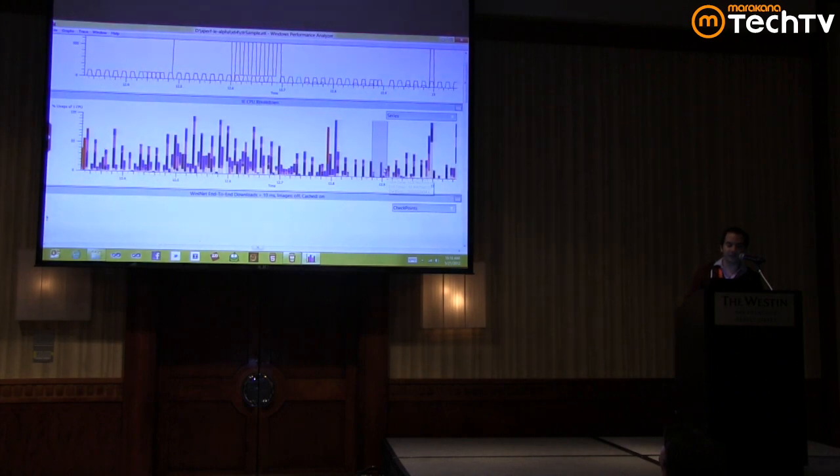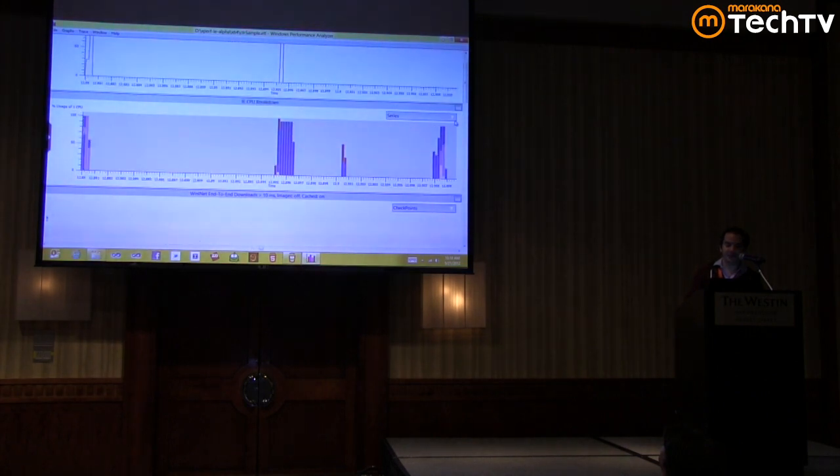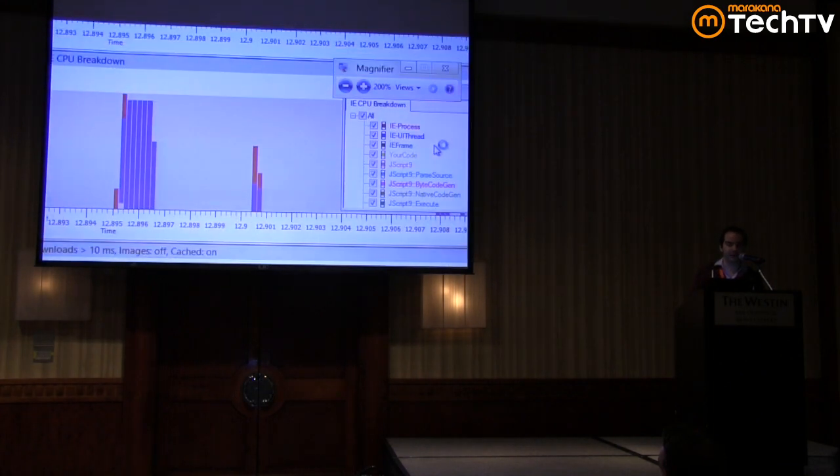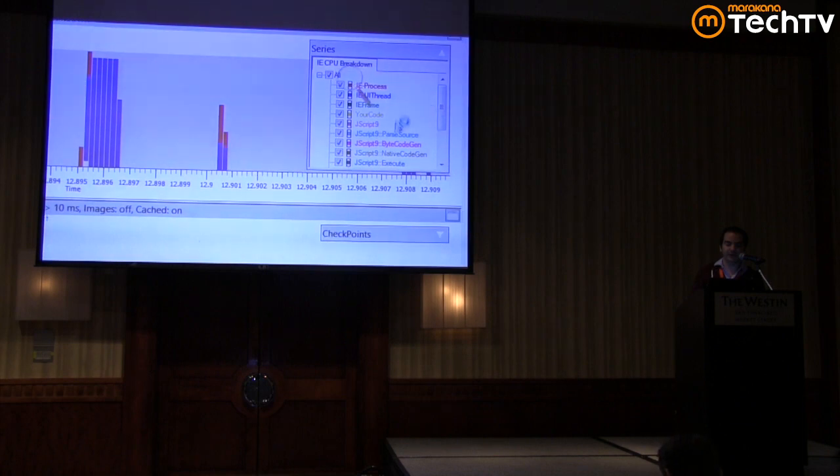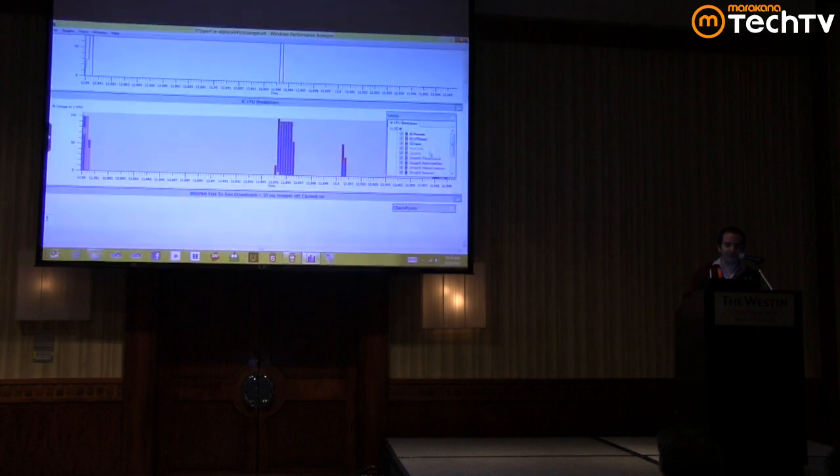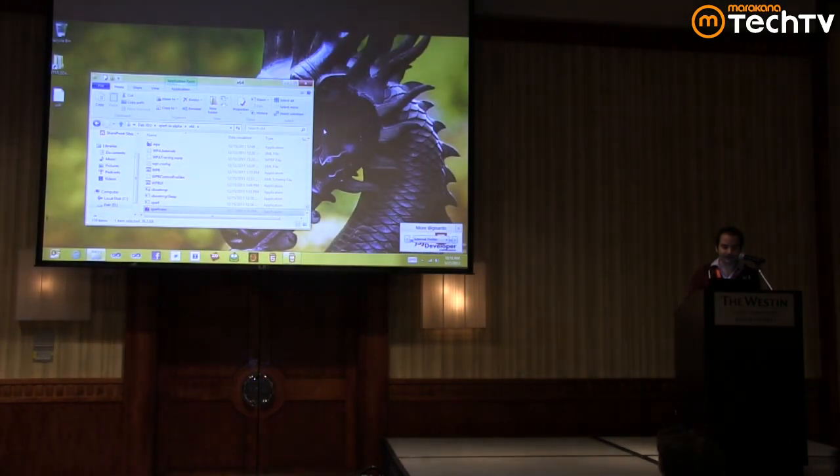For example, this is called Xperf. It's a free tool that comes with the Windows SDK. It tells you how many milliseconds are spent by JavaScript, by the layout, by display, et cetera. This is another interesting tool to help you optimize the code at a very low level, and we will get into the details later.